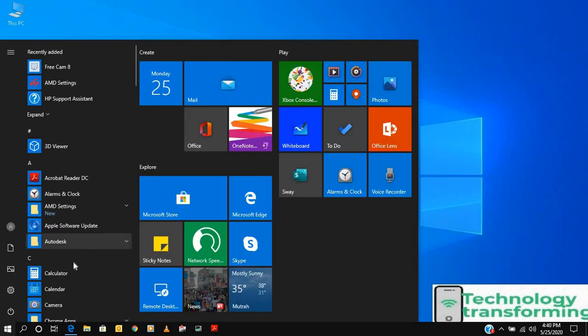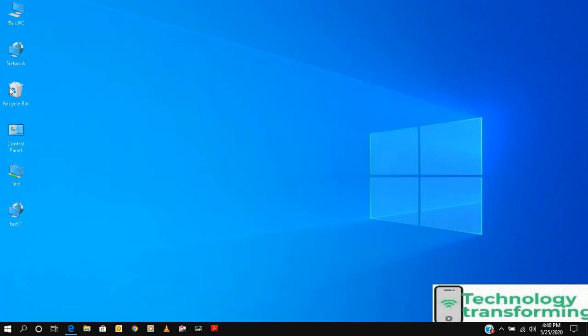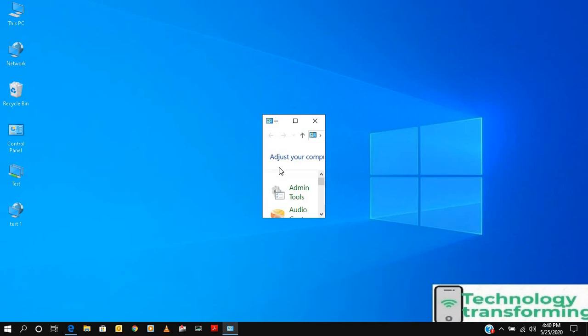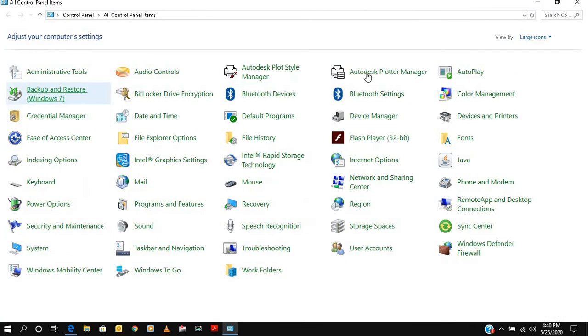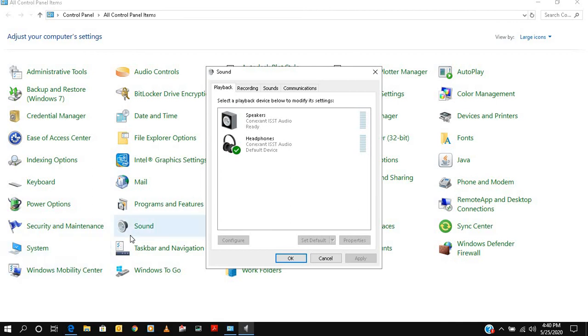We discussed Control Panel last time. You just click on Control Panel, and there are a lot of settings there. We'll go through different settings next time, but today I'm showing you two important settings. One is Sound. Everybody note this: go to Control Panel and click on Sound.